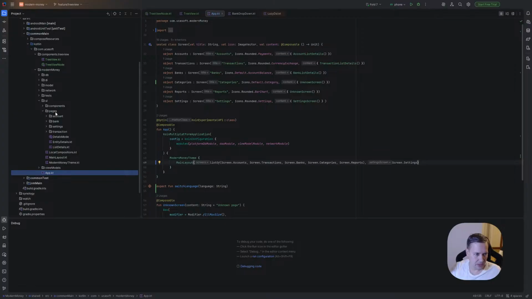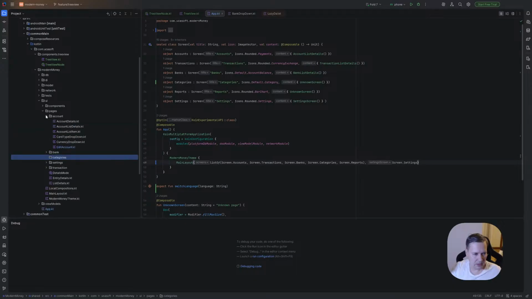So we have pages, and we need to create a new package, call it categories, with small c, and here we will create... we have this list details.